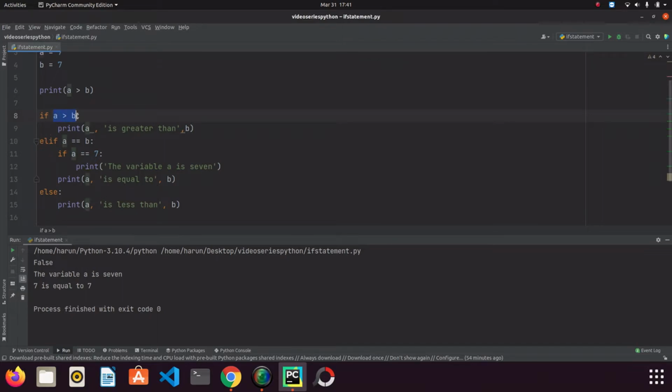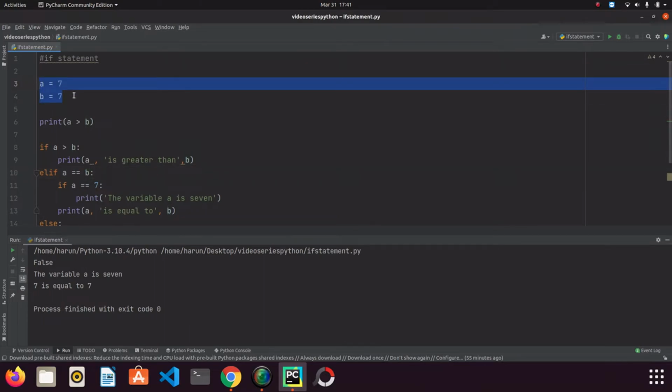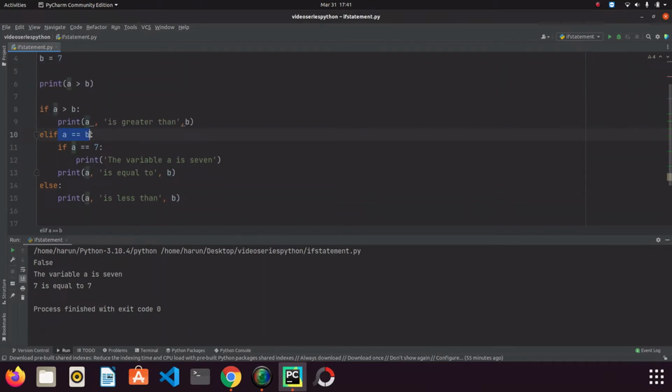First, Python checked this condition, so it is not true, and then it comes here. So this condition is true. Our variables are equal to each other. So this condition is true. Then Python will check this condition. So A is 7, so Python will print that, and then Python continues, it printed this expression as well. We can use if statements on all kinds of operations where we can get true and false results, not just